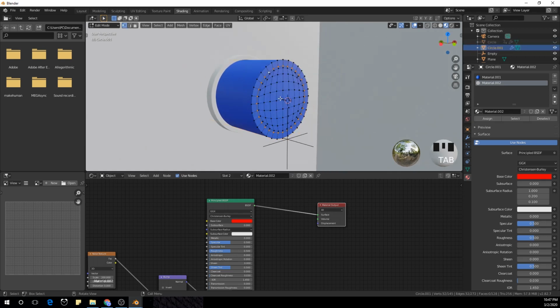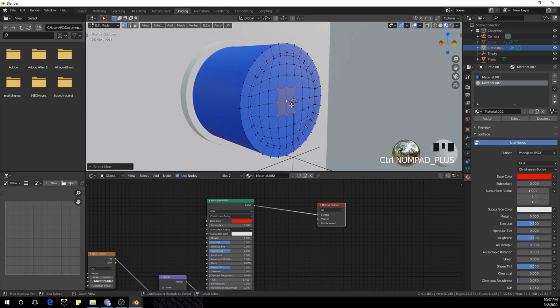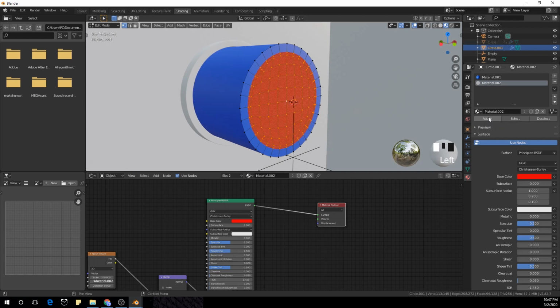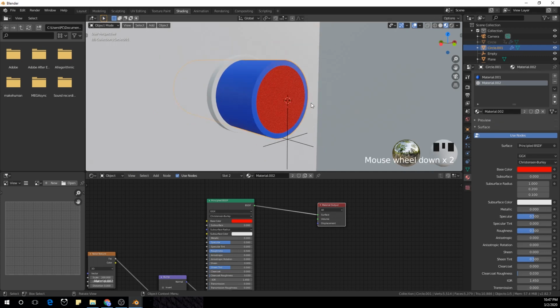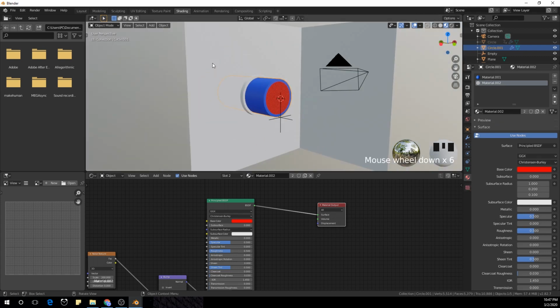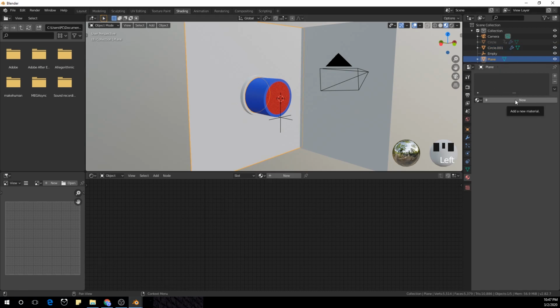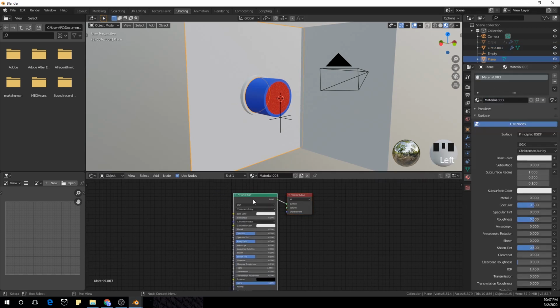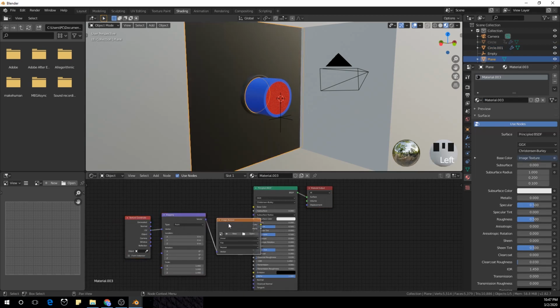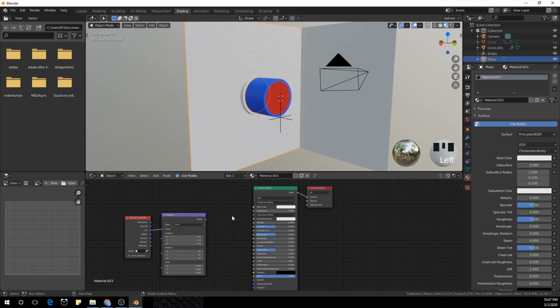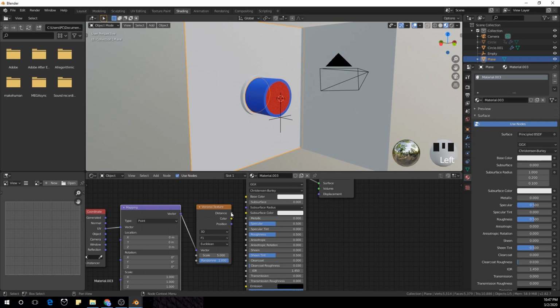Hide this, select this one, do the same thing, assign second material. Now we're going to select the back wall, add a new texture, Control T if you have the node wrangler add-on enabled, delete the image texture, Shift A, add a Wave texture, and plug the vector into the vector,